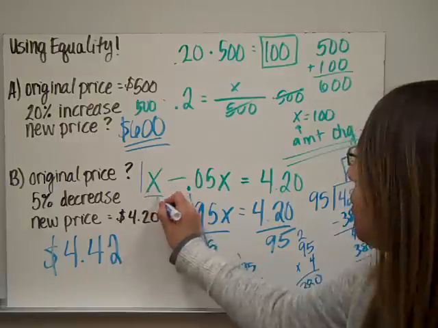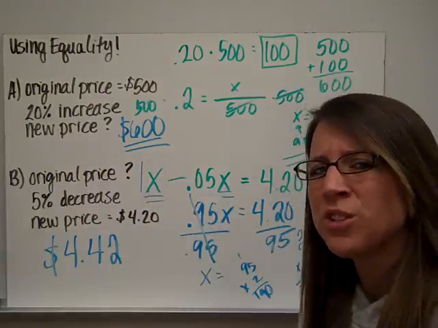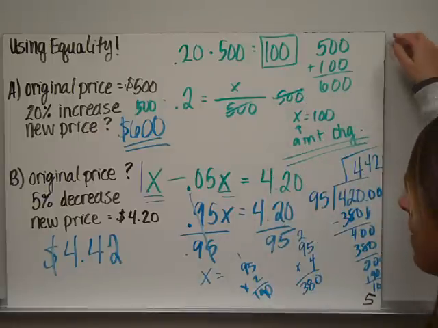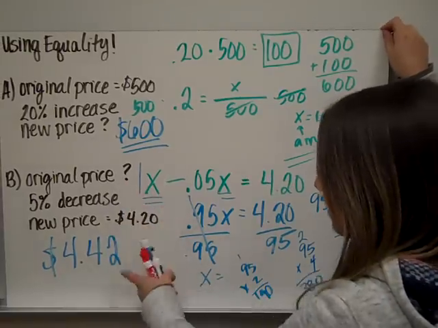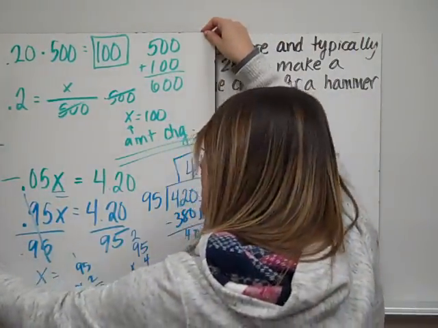$4.42 because I solved for x in an equation I set up myself. Notice that I didn't use the percent change formula. I actually had to think about what I understood about percents. Okay? And the original price is greater than the new price because the percent decreased. Lastly,